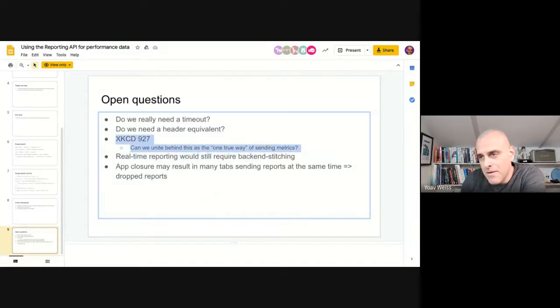And then the major open question, I think, is this one. Currently we already have multiple ways to send reports, and will we be able to unite behind this as the one true way, or will this be just n+1? But I guess that is a question that only time will tell. I'm happy to hear there's interest. So